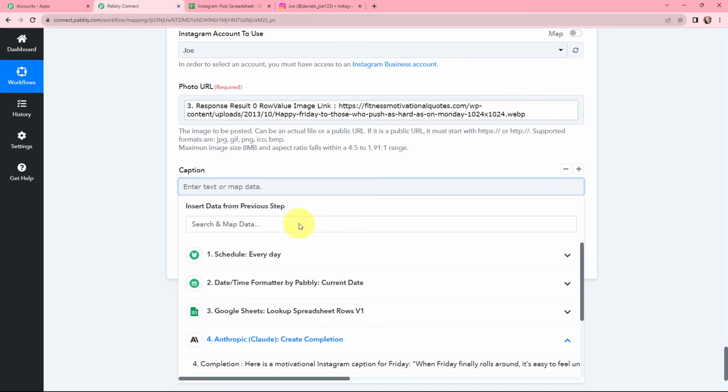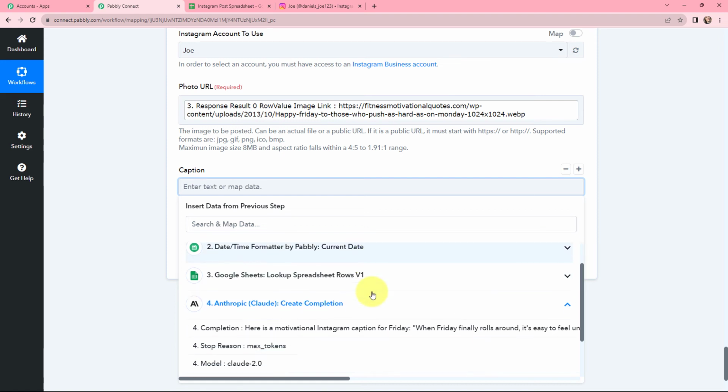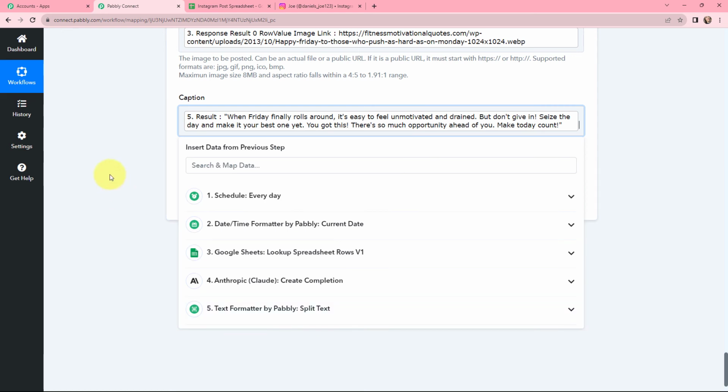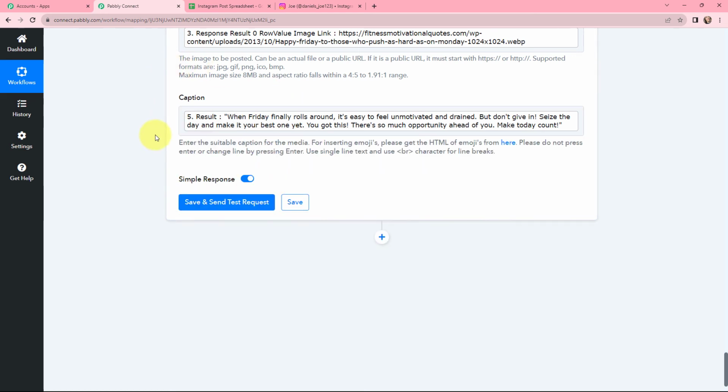Now moving to caption, over here I'm going to map the caption from the response that I've received. So here from text formatter, I've received the final response and over here I'm going to map the caption and it is done. So this method of mapping is important so that every time you receive a new response with new data, that data can be taken over here in consideration in these fields. If I would have written this information manually, in that case, this information would have become static, which means that it wouldn't change even if I would have received new response. So to avoid that problem, we map the information.